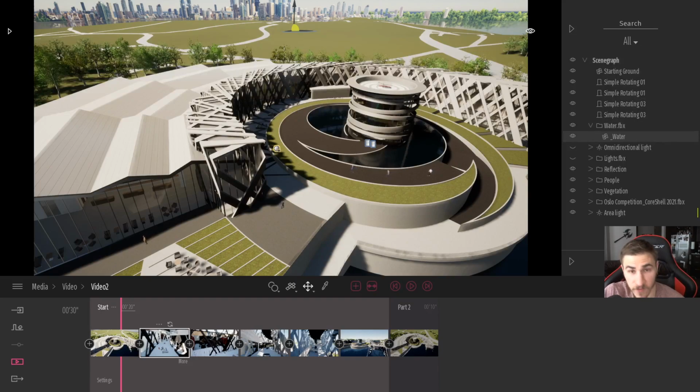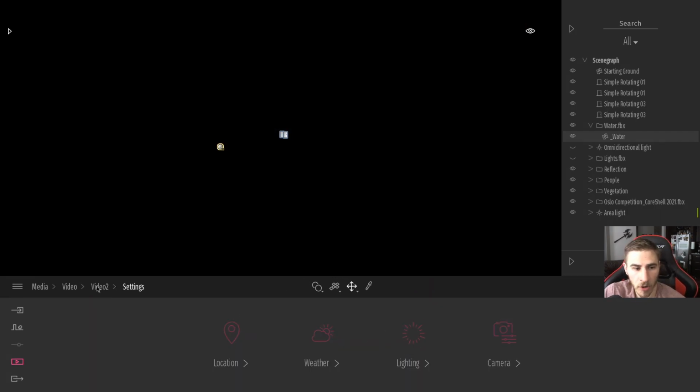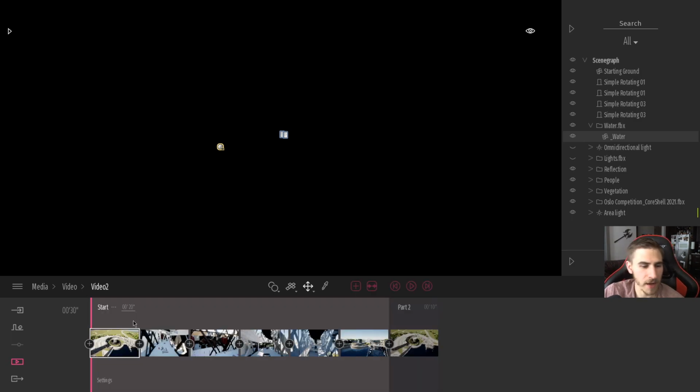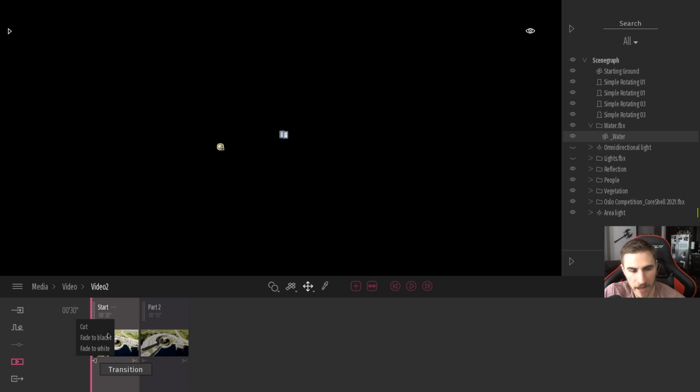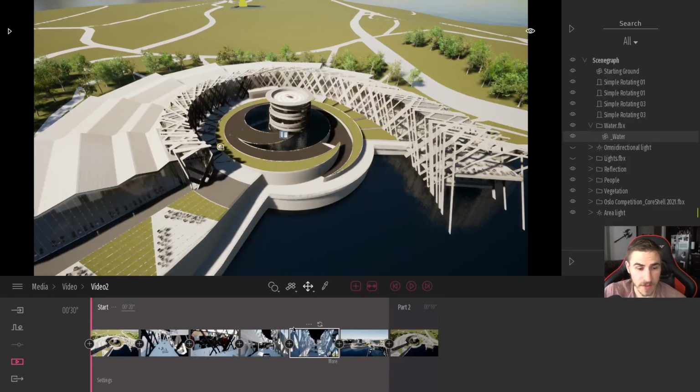And so, of course, if you're familiar with editing images, we have the 3 dots here. And you can see I've got copy and paste ambience, which I'm going to get to soon. But of course, I have the more. I can click on more, and then this is going to take me to all my different settings. So again, you'll notice this is interesting that whenever I do end up going to more settings within a particular piece or clip, it's going to default to the beginning of this clip in this case. So because I've already gone to the trouble of setting the fade to black, I actually need to change that back to cut because I actually want to see what's going on. And so that's the type of thing, leave the transitions for last is what I'm trying to say here.